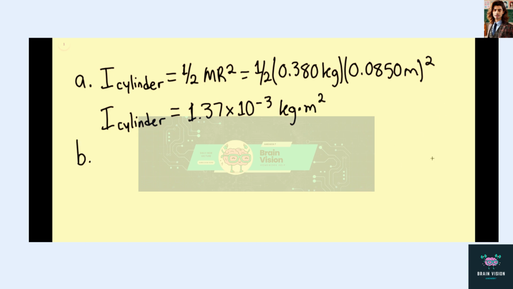For part B, we know that the wheel slows down on its own from 1500 RPMs to rest in 55 seconds. So we can say the frictional torque would be equal to the moment of inertia times the angular acceleration due to friction, or the angular deceleration due to friction. This would be equal to I delta omega, the change in angular velocity with respect to time. So this would be equal to